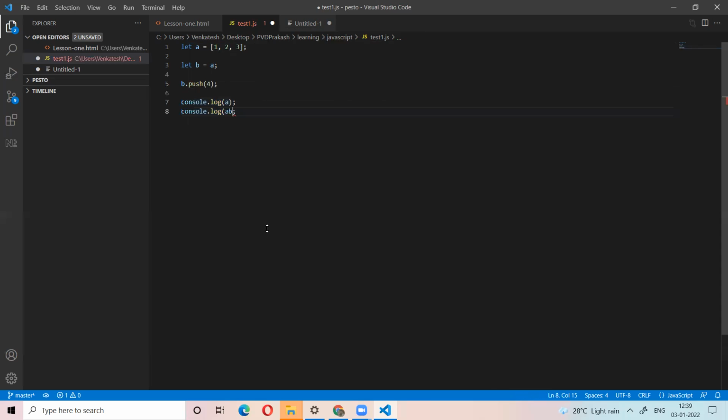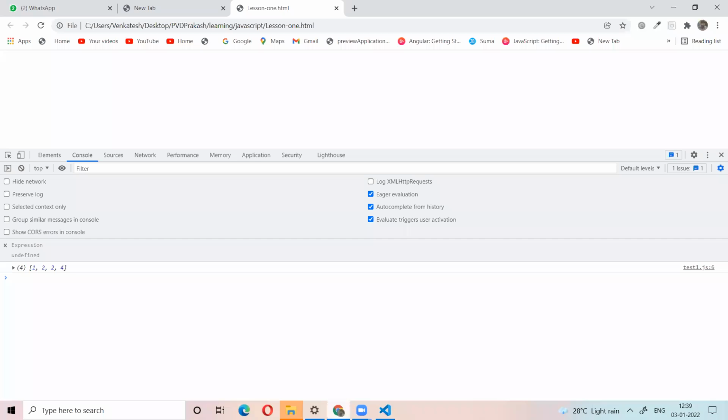What is the output? Somebody says 1, 2, 3, somebody says 1, 2, 3, 4. See, both arrays are affected.